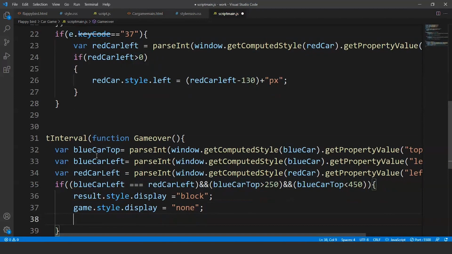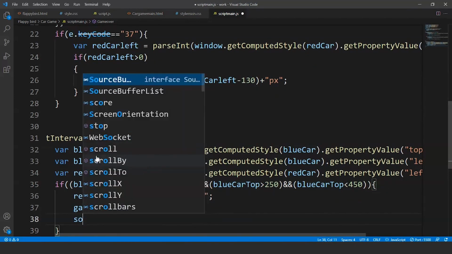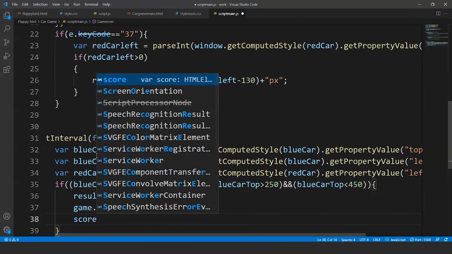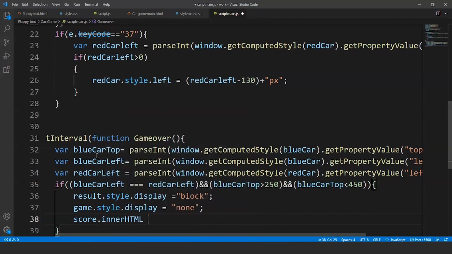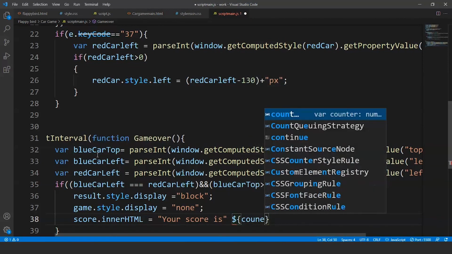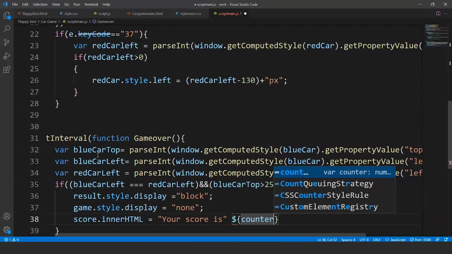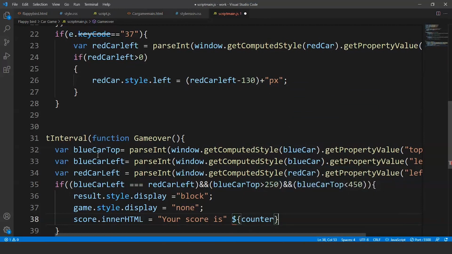Now the next thing we'll do is write score. For that we'll write score.innerHTML is equal to, let's say, "Your score is", and we'll write here a dollar sign. We have a variable counter, right? We'll print the value of counter here. Now there is an error over here, you can see.